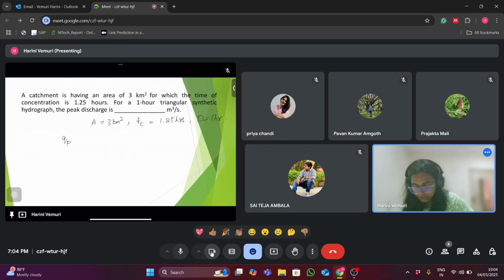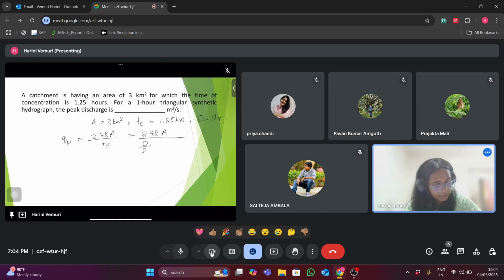The formula for peak discharge is 2.78 A by TP. To estimate TP, the formula is D by 2 plus 0.6 times TC. So 2.78 into 3 by (1 by 2 plus 0.6 into 1.25). Answer will be